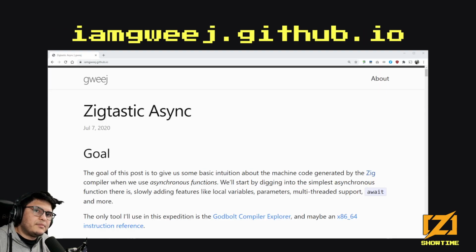There's a blog post, an interesting one, called Zigtastic async. But again, this is another blog post by somebody that knows what's up and is just digging into the details. So this person is using Godbolt and looking at the generated assembly code to see what happens behind the scenes every time you use await or suspend or resume.